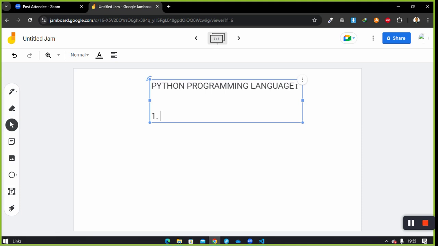Number one, we're going to be working on the input statement. What does an input statement do? How can we write it, and how can we write an input statement for a string, integer, and float? I'm going to be talking about accepting